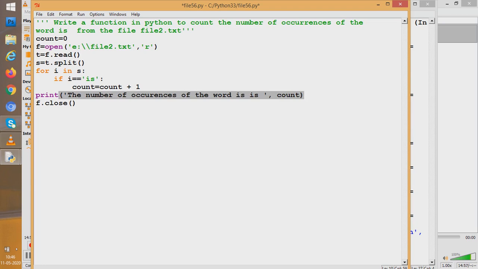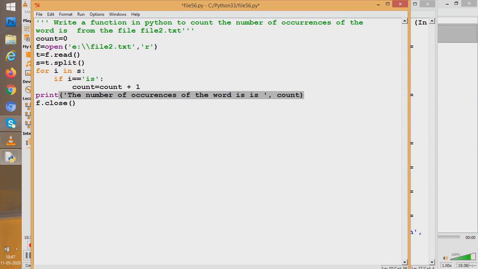Now we are ready with it. So what did we do? We did the question of word from the CBSE. Now for the question of word, what function comes to our rescue? The split function. What does split do? It splits the given data from the file into a set of words, and those words are kept in the list s, and we can take benefit of the list s in the way we have done. That is, we have written for i in s. So one word comes at a time. We check whether that word is "is" or not. If it is, we will increase the count by 1. And lastly, we will show what count has.